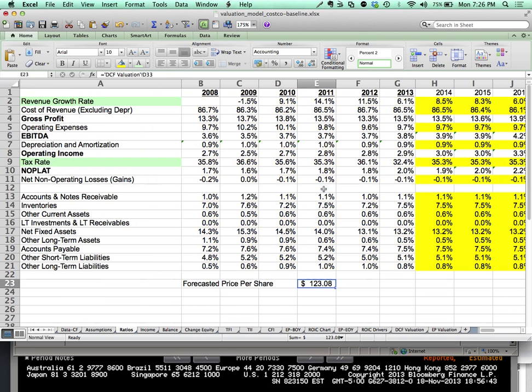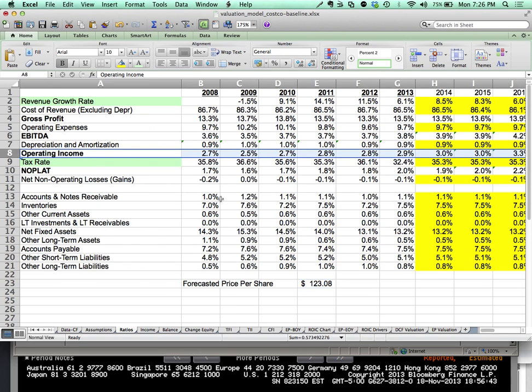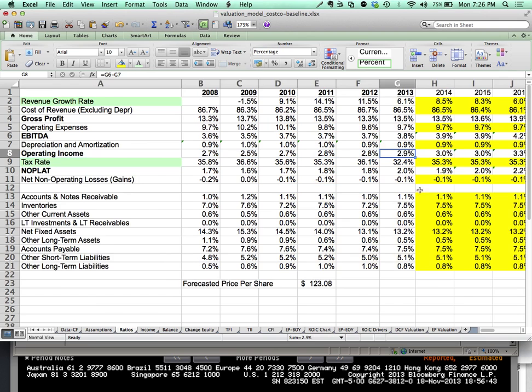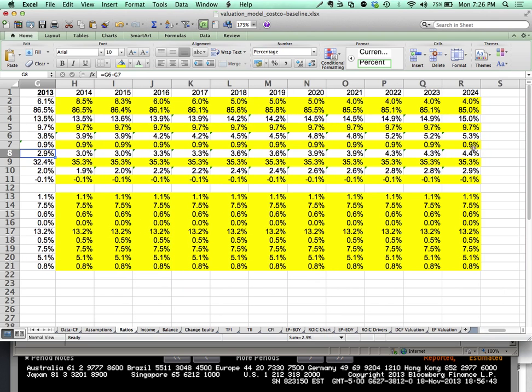And here's the key, somewhere around a pre-tax operating income margin from 2.9 has to go to about 4.4, or after tax from about 2 to 2.9. They need about a little less than 1% increase in their after-tax margins to justify that extra $40 a share